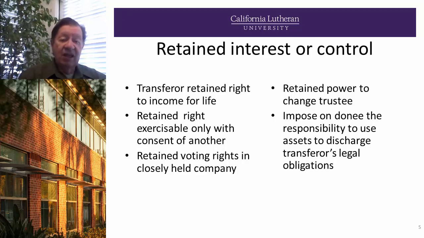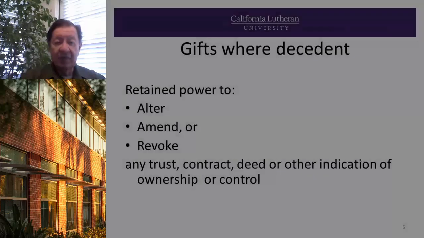And the easy way to remember is if you have a right or an interest, or you have some type of control over the assets, it's going to be included in your estate. And we listed specific items here, but if you just think about a client having maybe the right to change a beneficiary, or the right to determine if the value should be changed or if it can be sold, automatically it's going to be included in the estate.